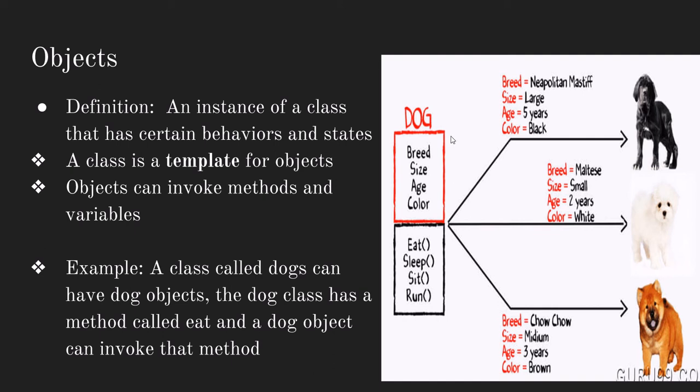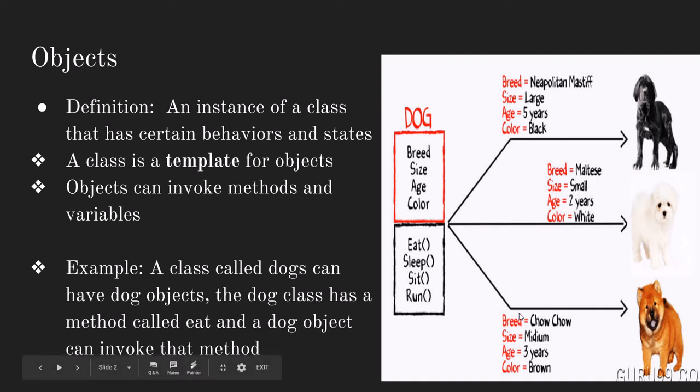To give you an example, let's say we have a dog class right here. Whenever you create this dog class, you may or may not put objects in it. But when you put objects in this dog class, you're going to refer to those objects as dog objects. Those dogs can have states such as breeds, sizes, ages, and colors, which are represented by the primitive data type variables. And they can also have certain behaviors such as eat, sleep, sit, and run, and those will be